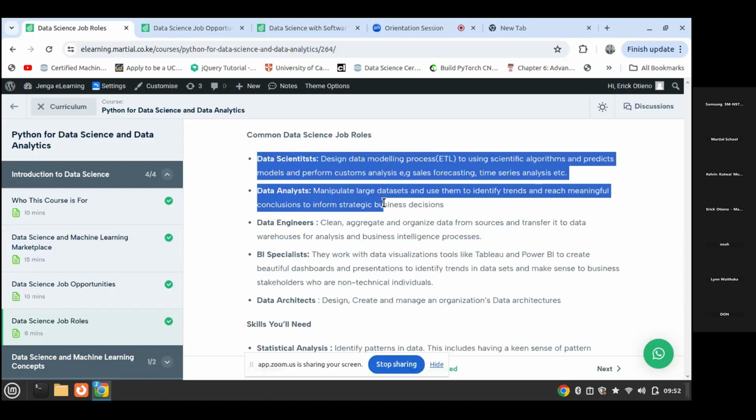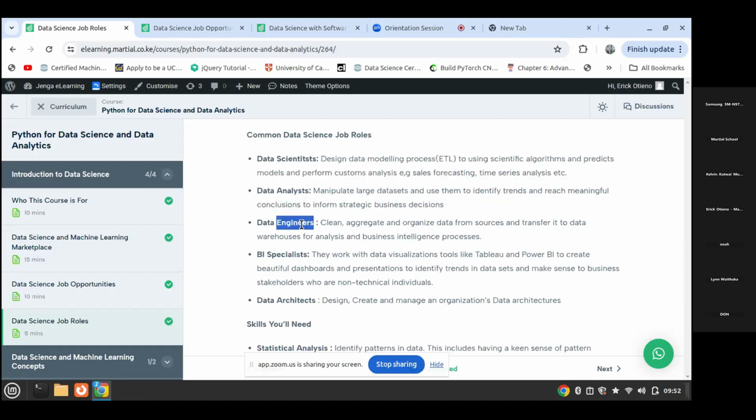Now, these roles can be even subdivided, where we have people like data engineers. Data engineers are people who are mainly involved in getting data using ETL tools, cleaning the data, aggregating it, and organizing data, and then transferring it to data warehouses for analysis and business intelligence processes.